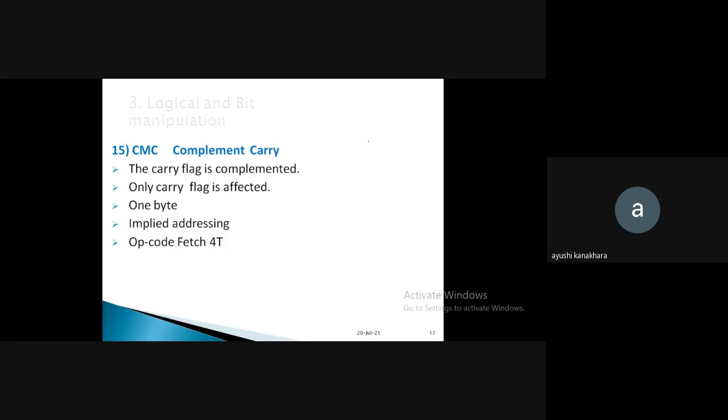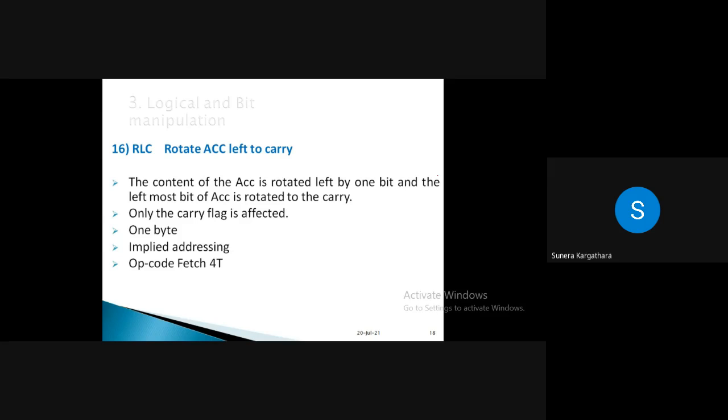No, ma'am. You can check here. CMC will basically be used to change the flag. Which flag? The carry flag, but it will complement it. Only that is the difference. Now,